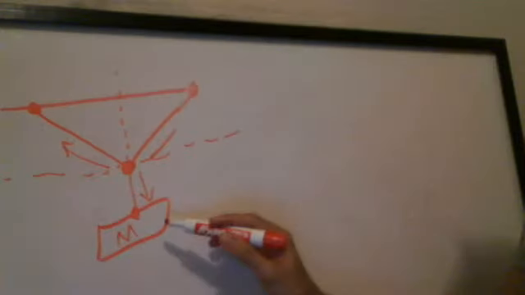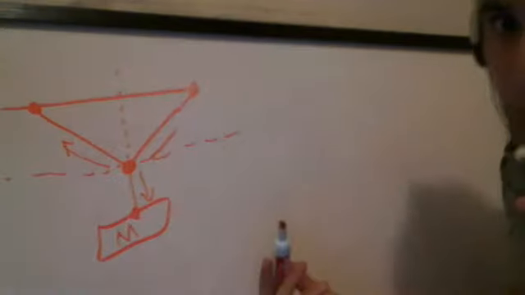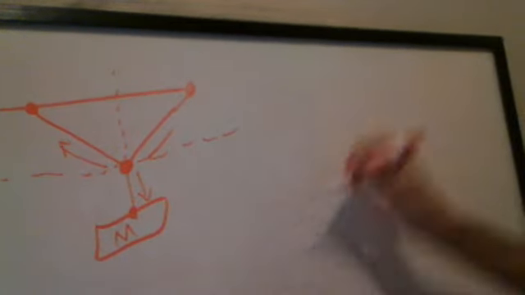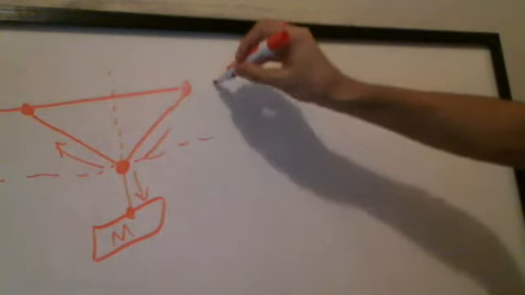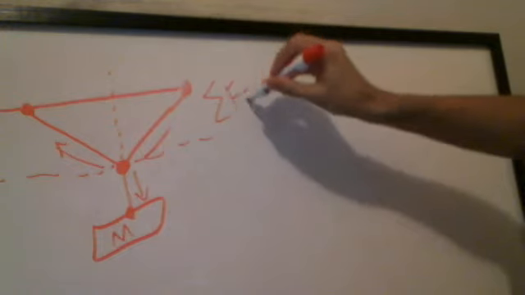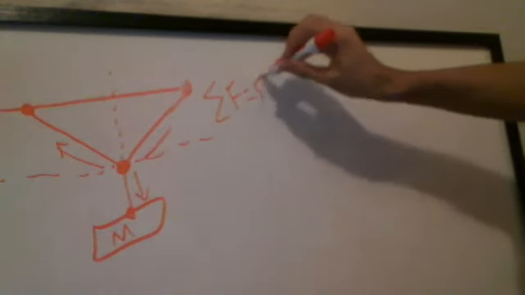This stayed in place. That's the tension. The string's not moving. It doesn't say they're moving within this thing. It is in equilibrium. It is balanced, and for our purposes, it means all the forces, which means net force